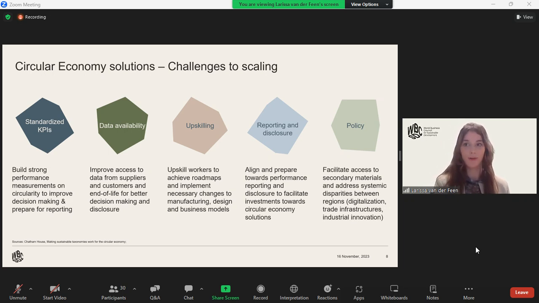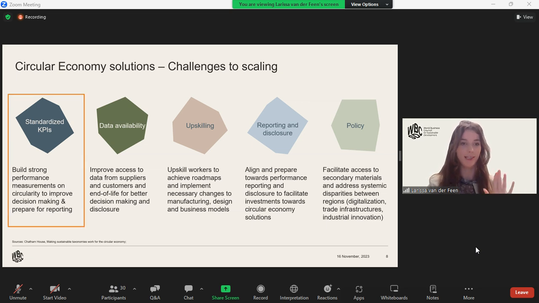Secondary recycled materials need to travel between regions for these materials to be utilized elsewhere. And that is just a tiny snapshot of all that would need to be done on the policy side. So these are some key challenges that pop up when we ask companies, where do you struggle with the circular economy? Now, today, I would like to focus on the first one, that is the standardized